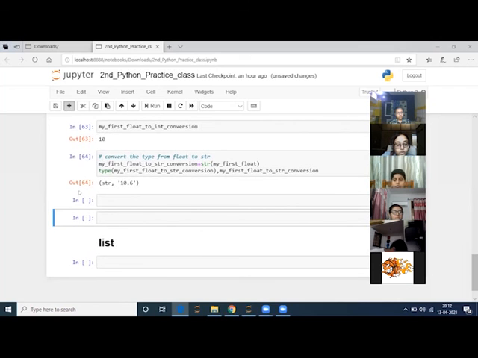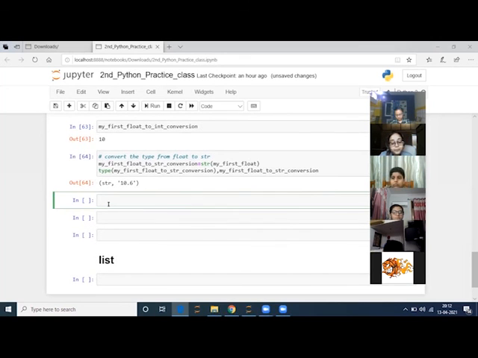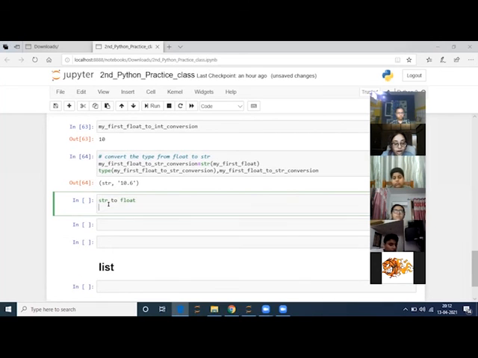Very quickly, I'm showing how we can do that. String to float. How? New float equals float of the string. Tell me, what will it do? It will convert a string to float.